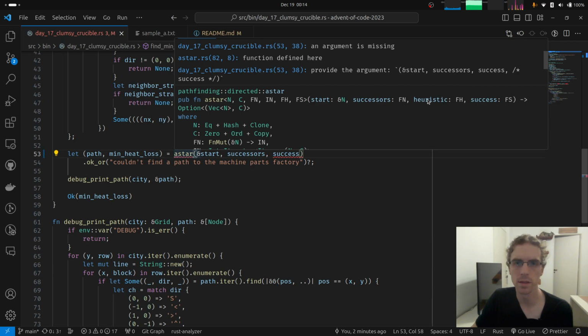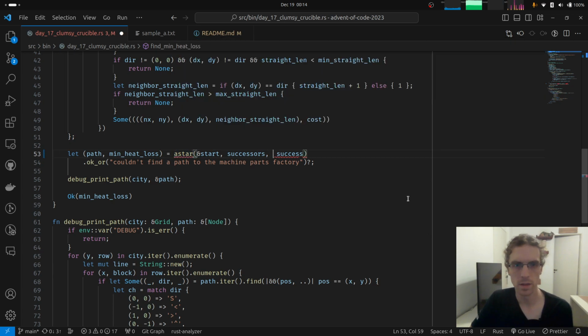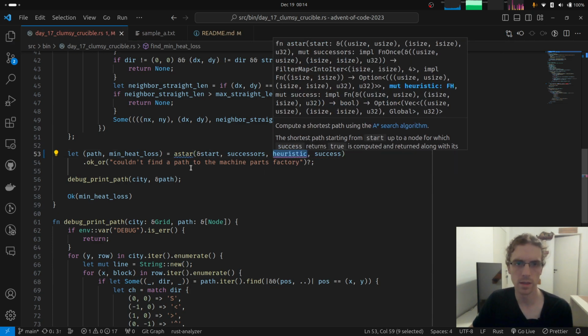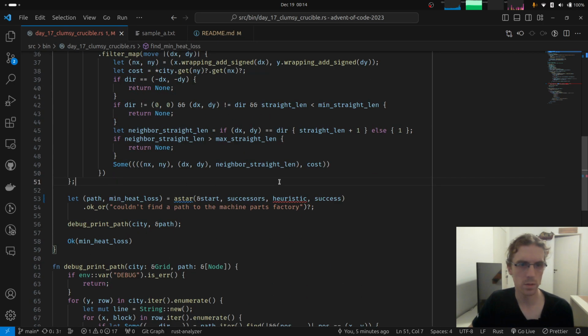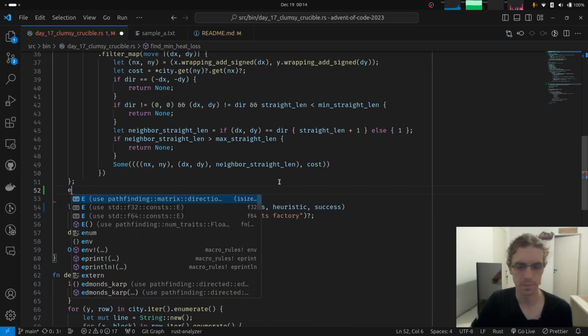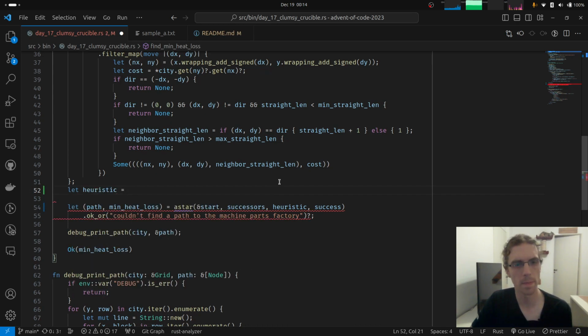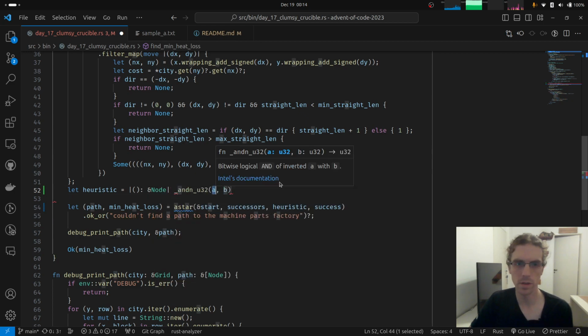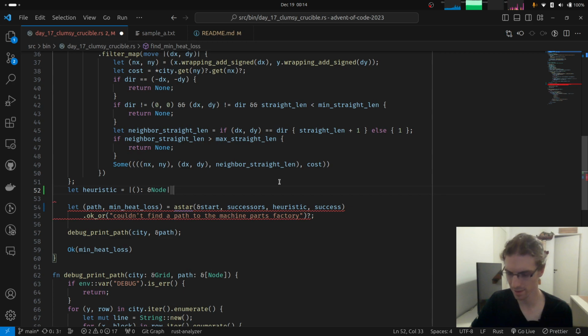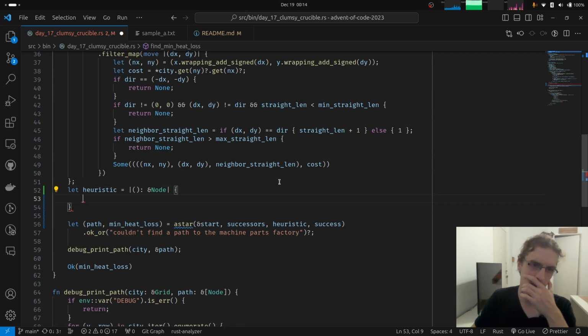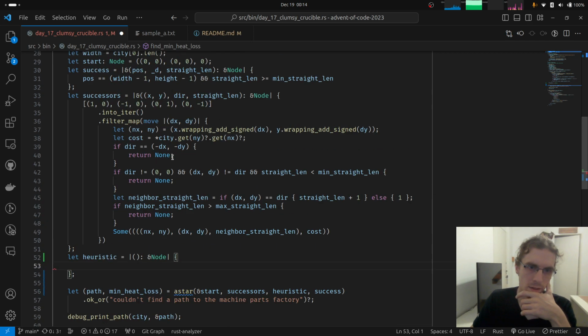So the heuristic is the third parameter. It's going to take a node again, and it will return an approximated cost. From this node, we are just interested in the position.